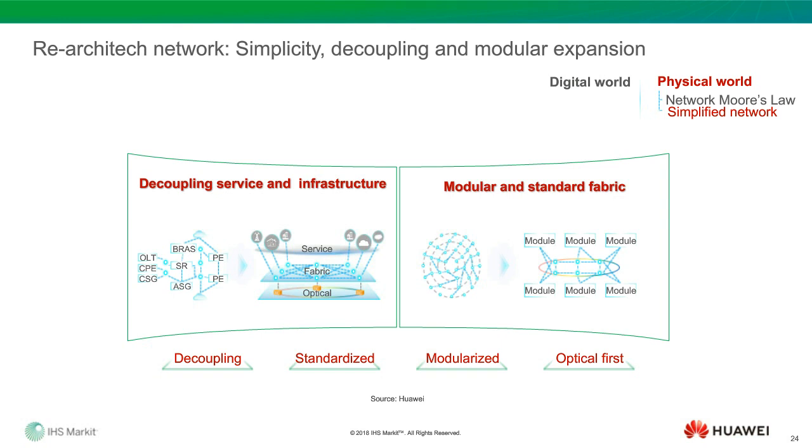And the second part, we are working on is called decoupling. Decoupling means the underlay network and overlay network are decoupled. That means you can add more agility on the service layers. And how do we do it, right? Today, we think we have to simplify the underlay network using fabric. We have to simplify at the protocol level, especially for the IP network. We leverage some new protocols, and from the Huawei side, we emphasize segment routing.